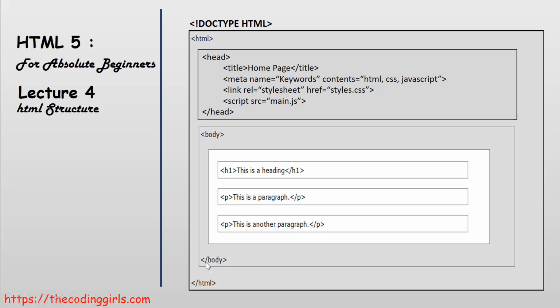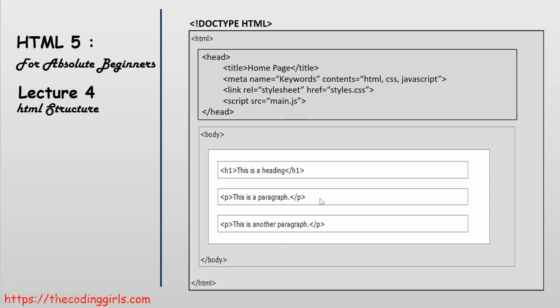It is important to note that the head element is used to give important instructions to the web browser, and whatever we write inside the head element is not displayed in the browser window. So let's discuss this head element and why we need it. First, we can give our web page some title and it goes inside the head element. Then we can provide important information, which is also known as metadata, such as the keywords and the description about the contents of our web page, and it is used by search engines like Google to find our web page. The head element also contains the links to our style sheets and JavaScript files, etc.